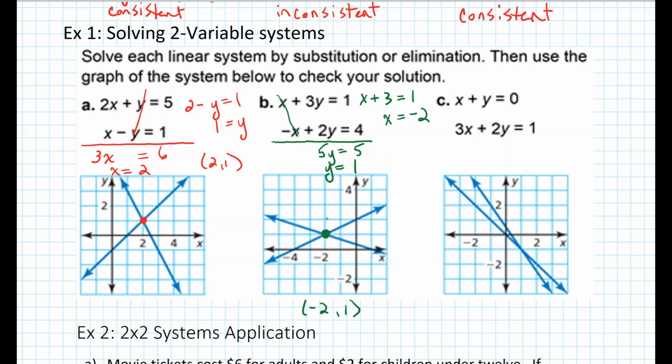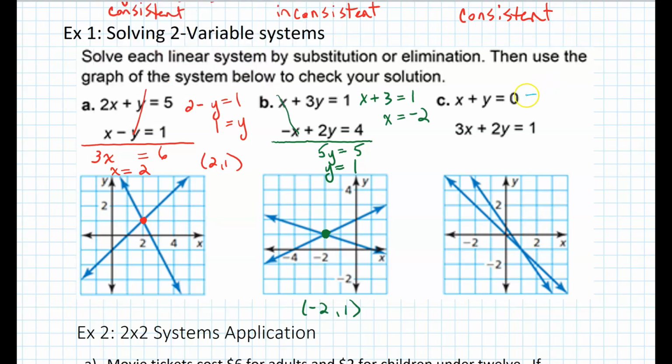why don't we just go ahead and do substitution since we haven't done a substitution yet? Which variable do you want to isolate, x or y? X. You want to isolate x. Okay, do you want to isolate x in the first equation or the second equation? Definitely the first. Okay, so in doing that one,